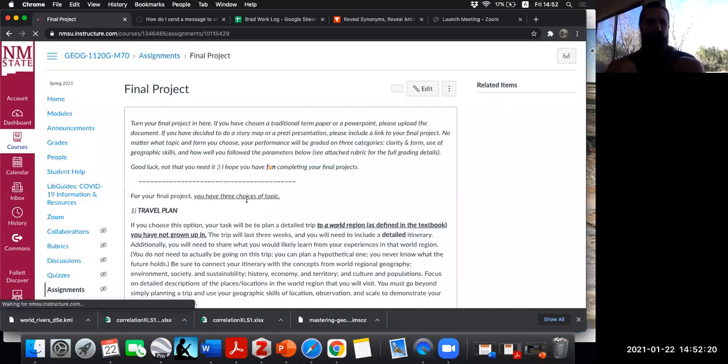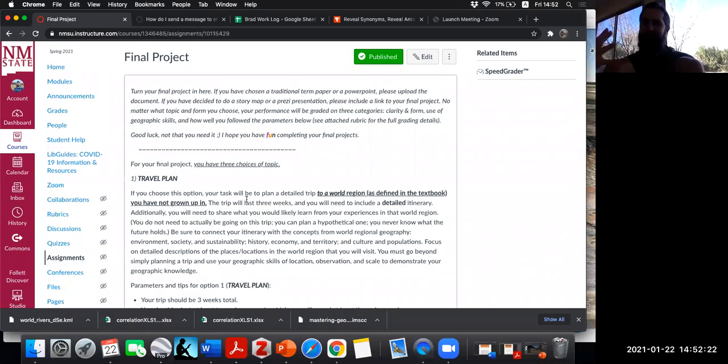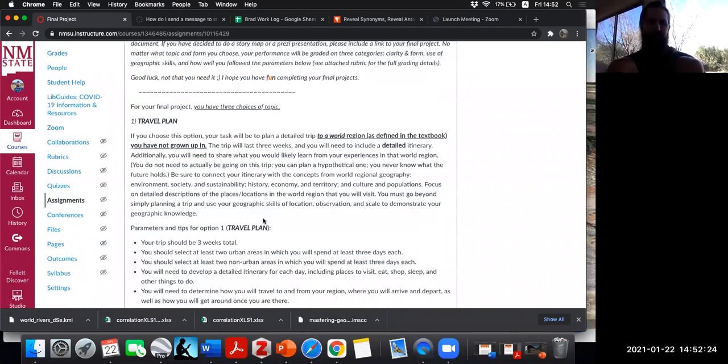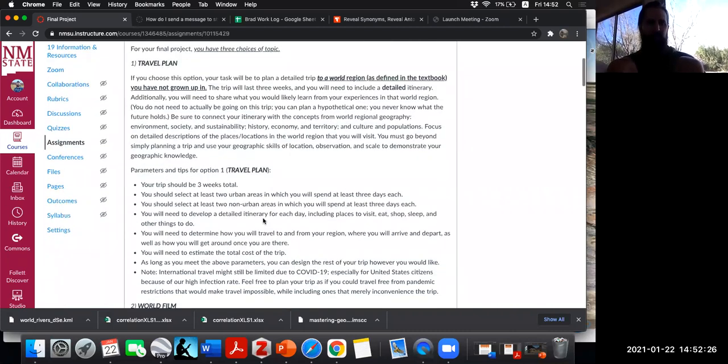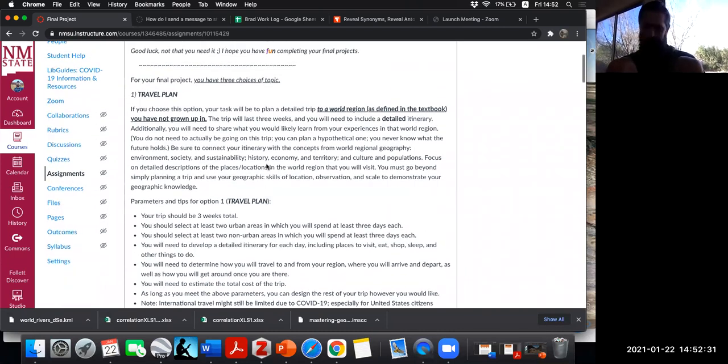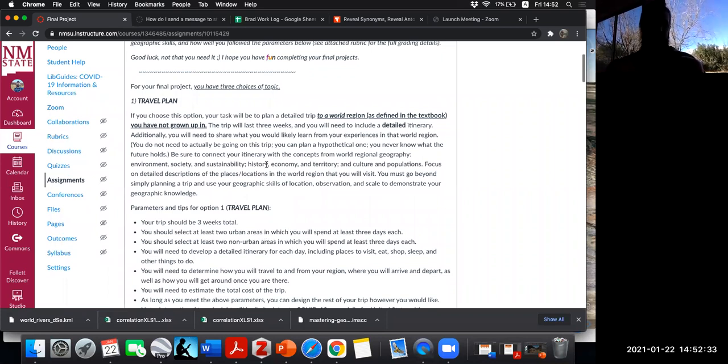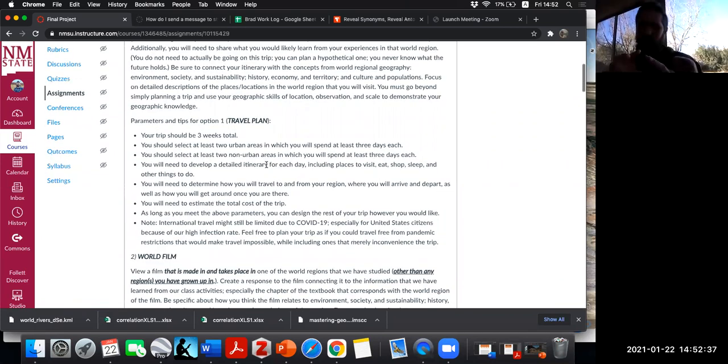I'm not going to go into detail. I mean, as you can imagine, it's the entire semester's learning. So it's a fairly robust project, but there are also options for you to do here. So I'm not going to read through all of these details. But what I want you to know is that those core weekly activities all build up to this,